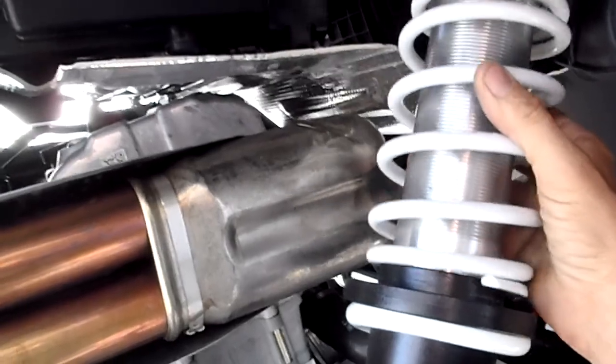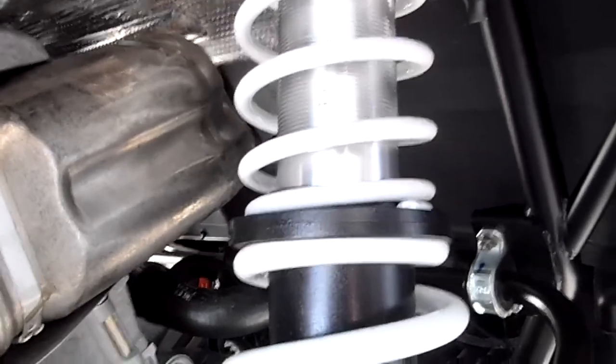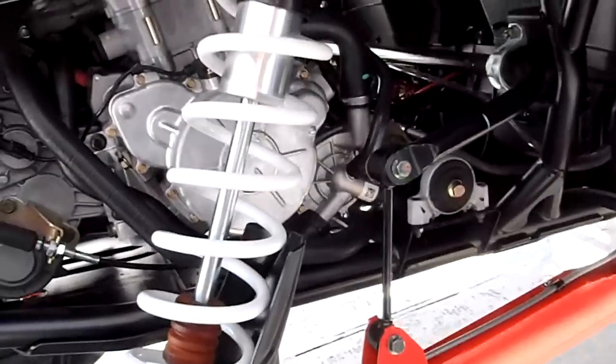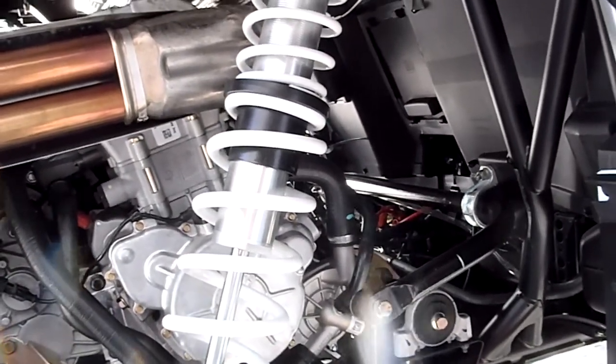I'm hoping that all this hardware is interchangeable with King or Fox or Walker Evans, American shocks. There's no way for me to test that right now, but this is what I did find out. You're not going to take those tenders out. The only thing that you could do